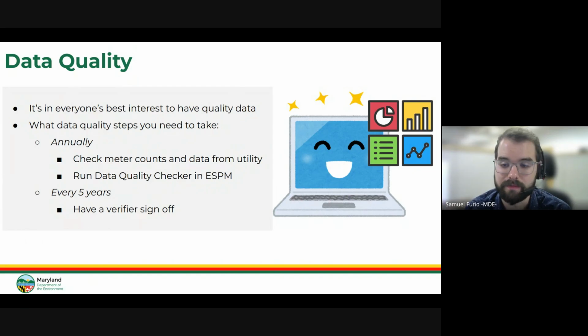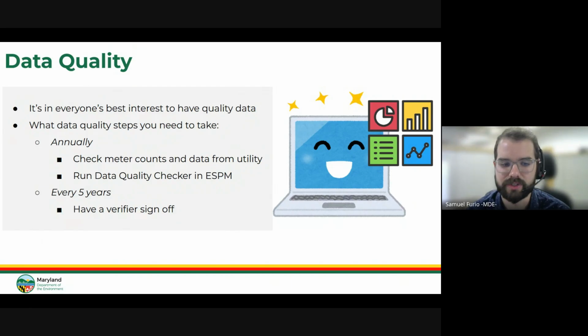And I would just make a plug for our friends in DC who have their own BEPS program. They recently ran a report on the effectiveness of their third-party verification process. They found that 25% of their buildings had updates based on the third-party verification overview, which we'll be reviewing. And 70% of the corrections they were seeing were for square footage corrections.